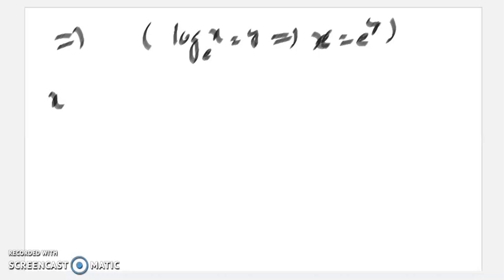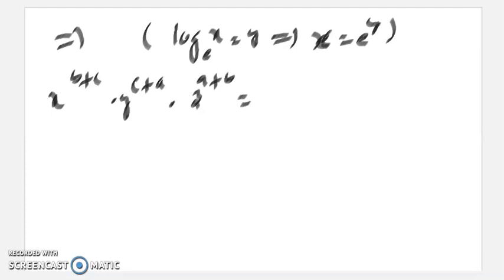Now our finding is the value of x power b plus c into y power c plus a into z power a plus b is equal to,